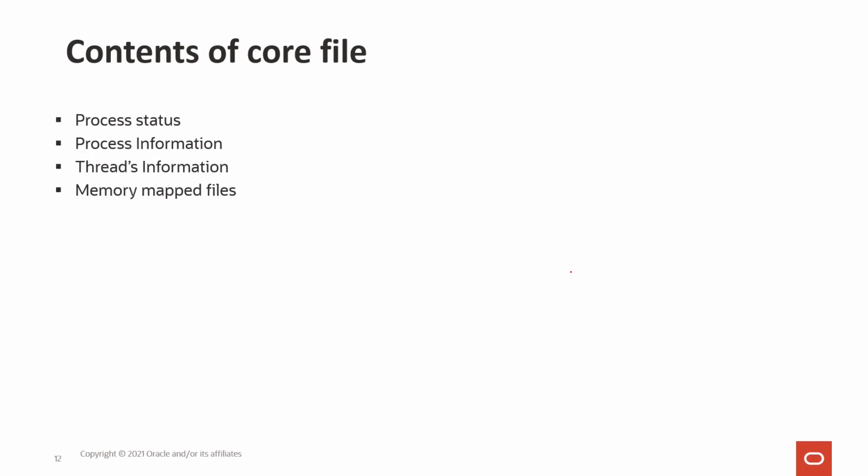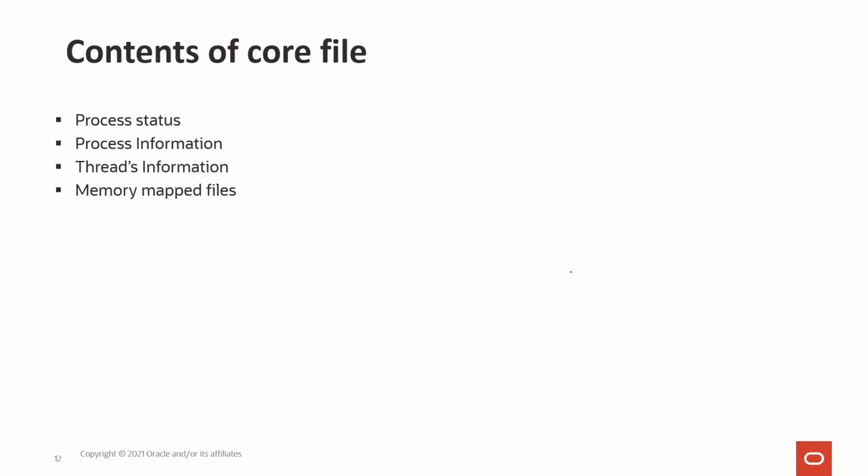PID is process ID. Okay. Next, it has detailed information about all the threads. If I say process information, it contains the names of the threads which are running in the process, but it doesn't contain all the detailed information. But the thread information contains the complete details of each and every thread. For example, if you launch 1,000 threads, every thread's information will be there.